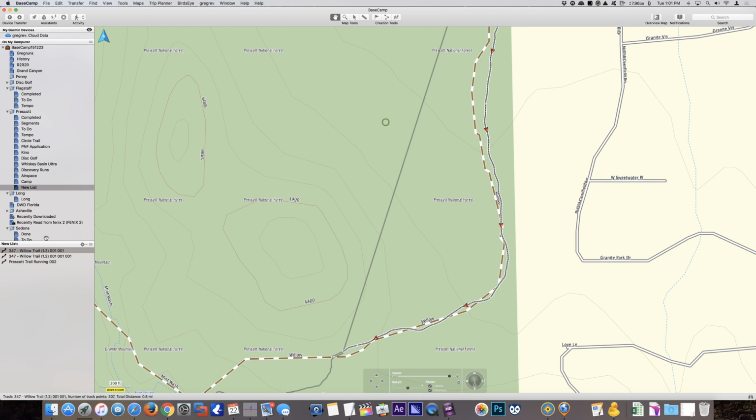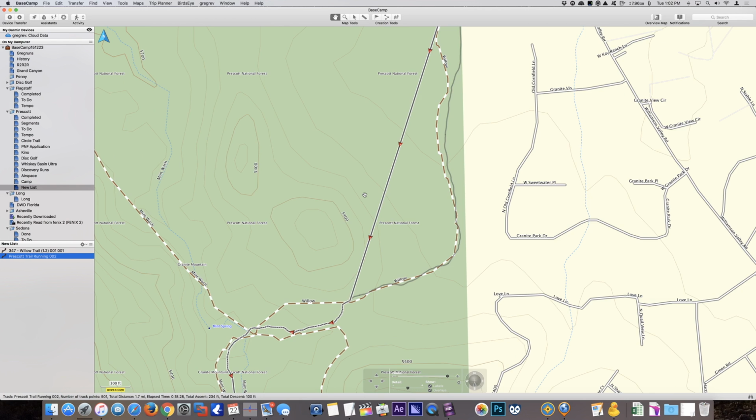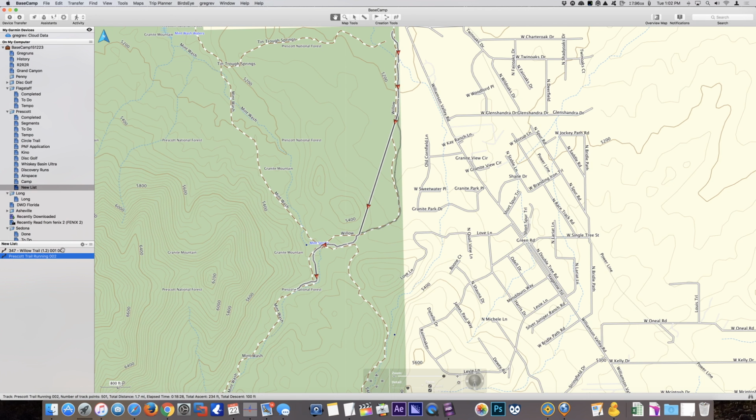Okay, so then everything afterwards, this, which is perfect, we're going to delete. So now what you notice is that I have the original track. I'm going to zoom out again. The original track, and then we have the Willow Trail, which is the reconstructed one that we're going to match in